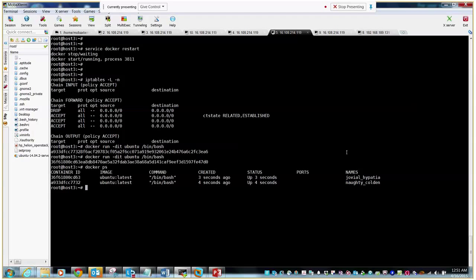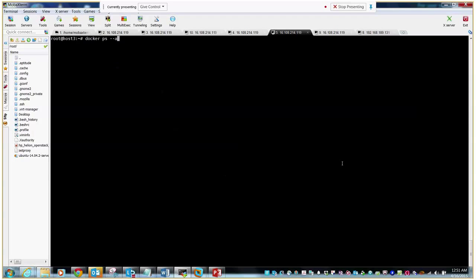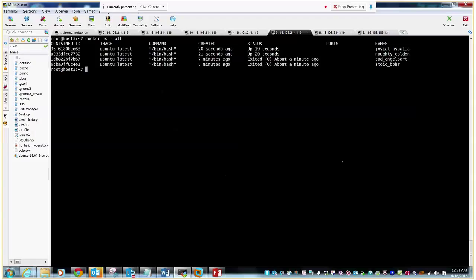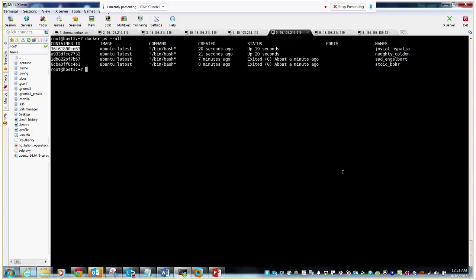By the way, you are not able to see the earlier containers because the Docker service got restarted. They are here most probably. Yeah, so you can see the containers are there, they were just shut down. So I could have restarted them. I just created two more containers, and now